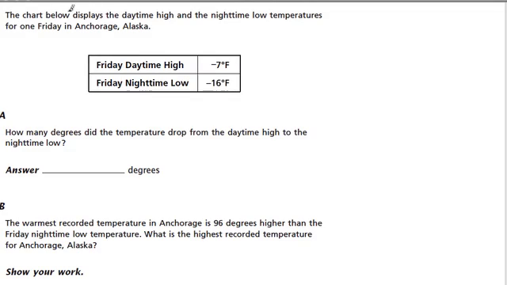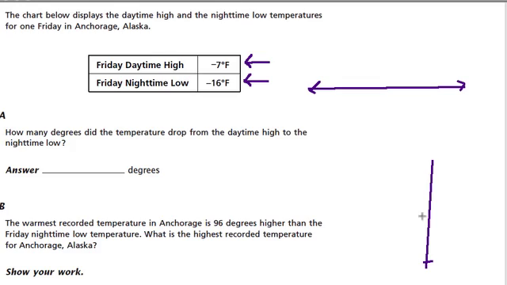In this problem, we have a chart that displays the daytime high and the nighttime low temperatures for one Friday in Anchorage, Alaska. So here's the high, -7, and here's the low, -16. And if we think about that on a number line or on a thermometer, we get the same result. We can see